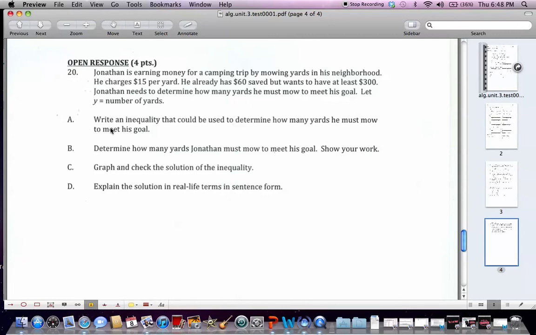So once you've got all this completed, you solve for y. Now I want you to explain this, okay? Explain the solution in real life terms in sentence form. So you're going to write me a sentence explaining the solution in real life terms, okay? And that's all we're going to do today, all right? Just 18, 19, then number 20. We're going to enter all parts. We're going to show our work, okay? If you got any questions, raise your hand and we will